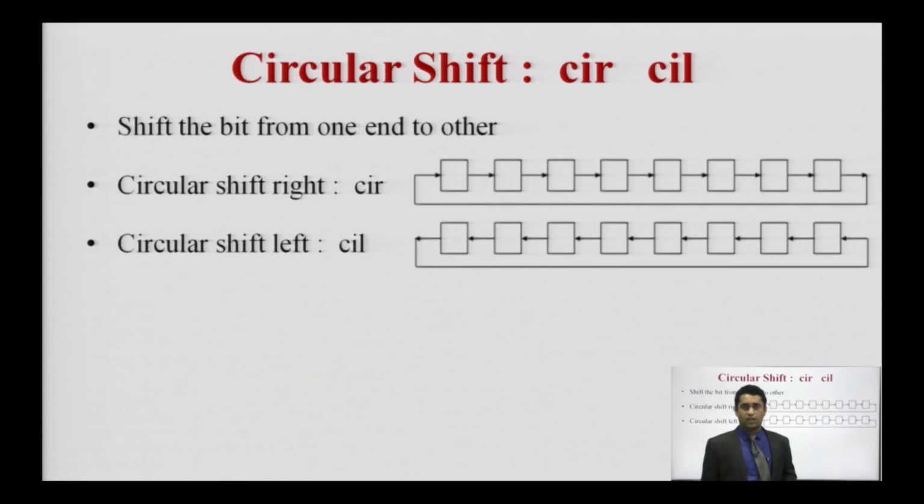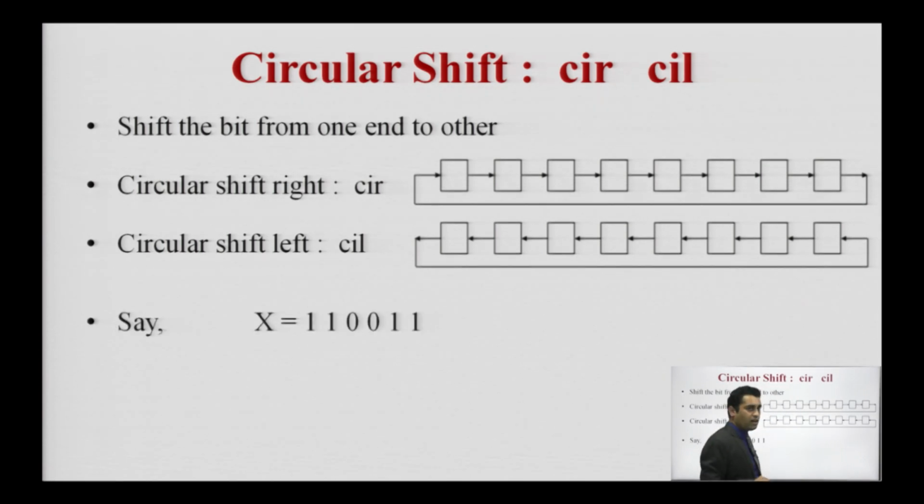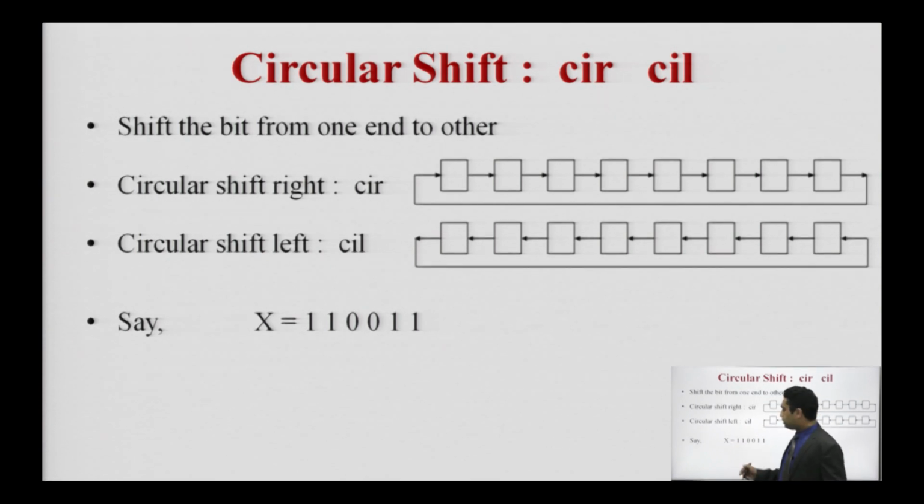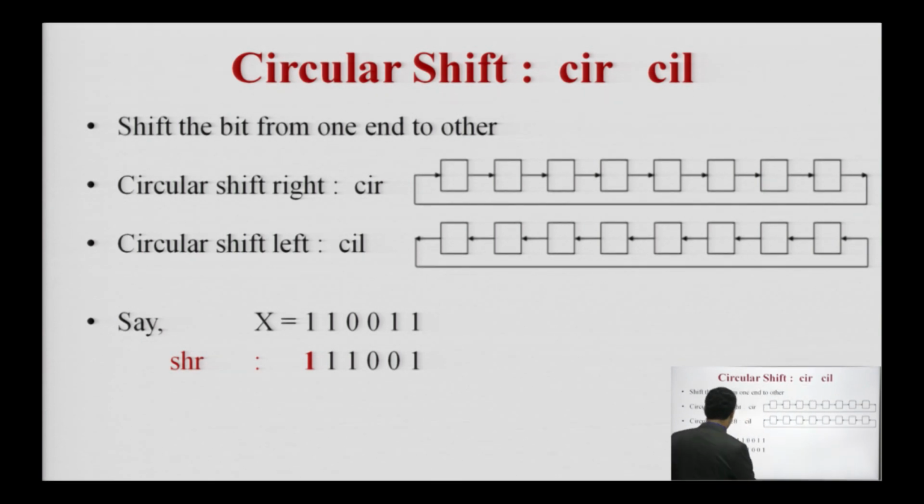In case of circular shift, what we are doing? We are replacing the number which is out of the bound. So, if we are going to shift the number, then we are using the same number at the starting, in the beginning. See an example here, we have 110011 and we are performing a circular shift. Either we are performing a circular shift right or circular shift left. This one is going to be added here, or this one is going to be at this place. See an example here. When we are going to perform the shift right, in this case what we are doing?